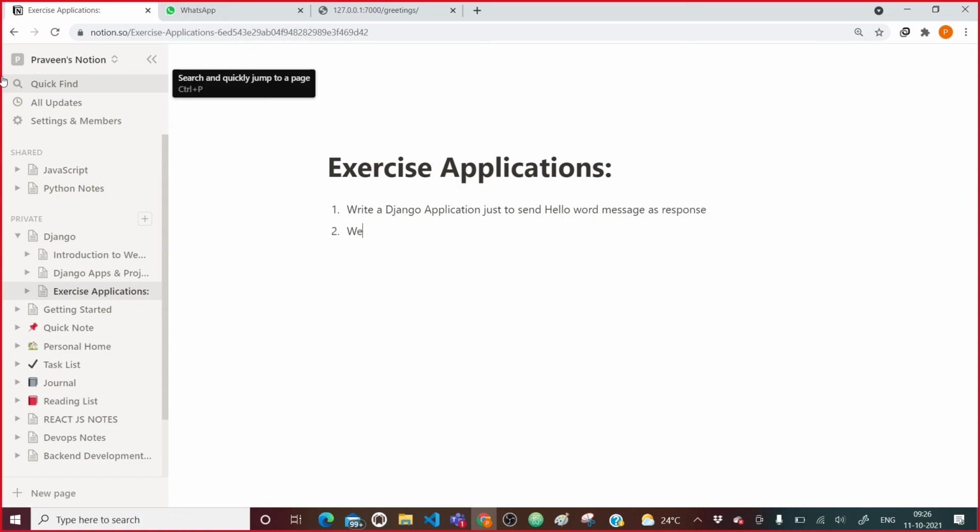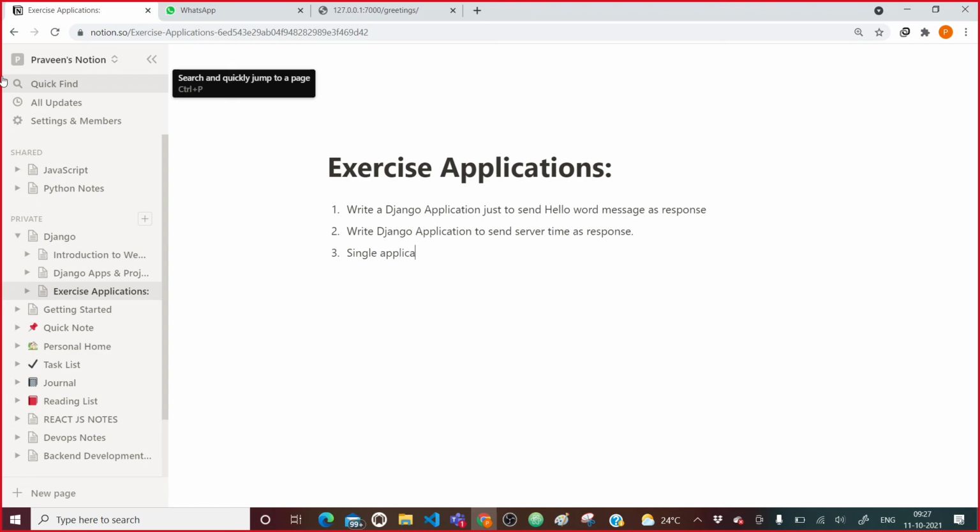After that, write a Django application to send the server time as a response. Whatever the time is on the server computer, you need to just send that as a response.